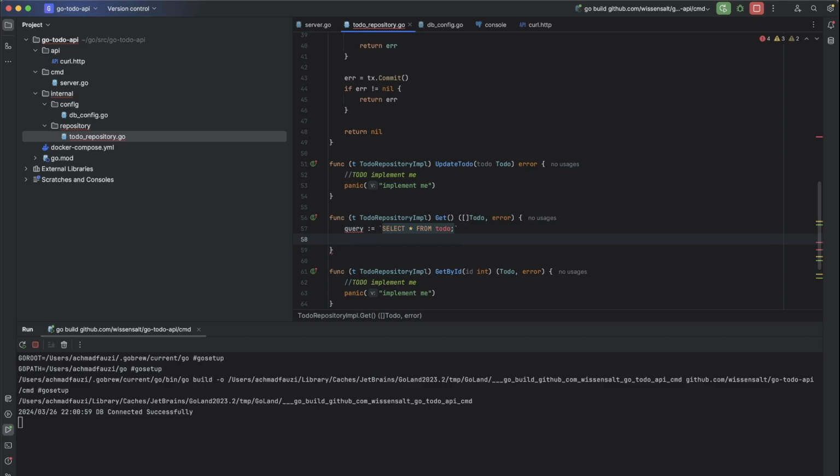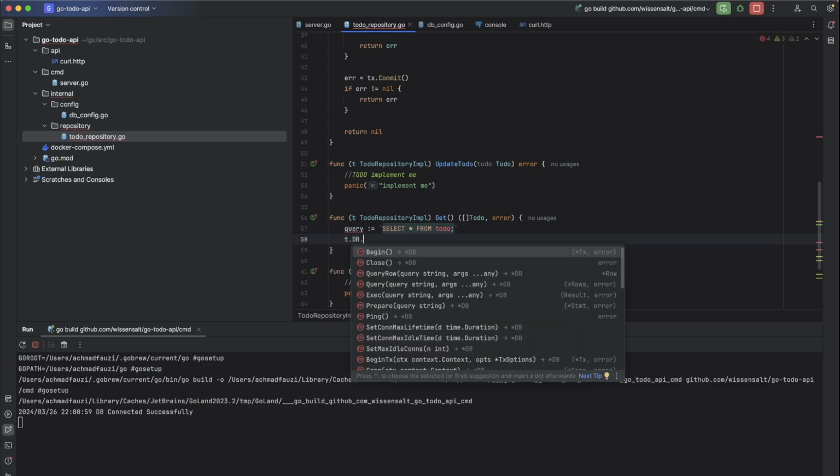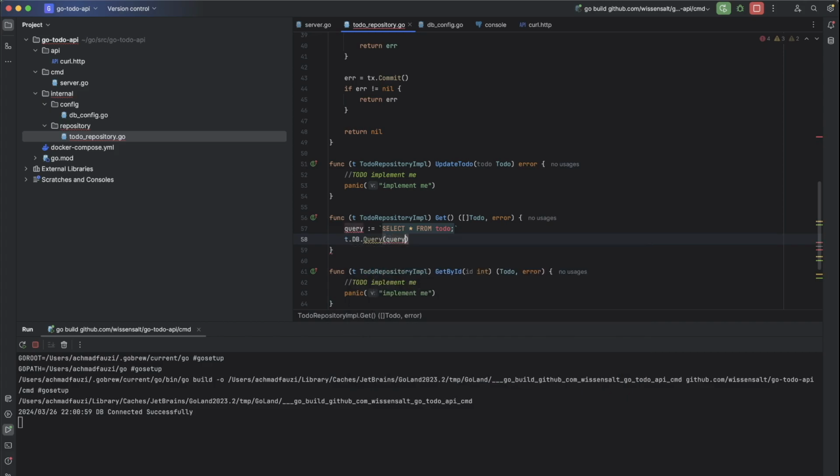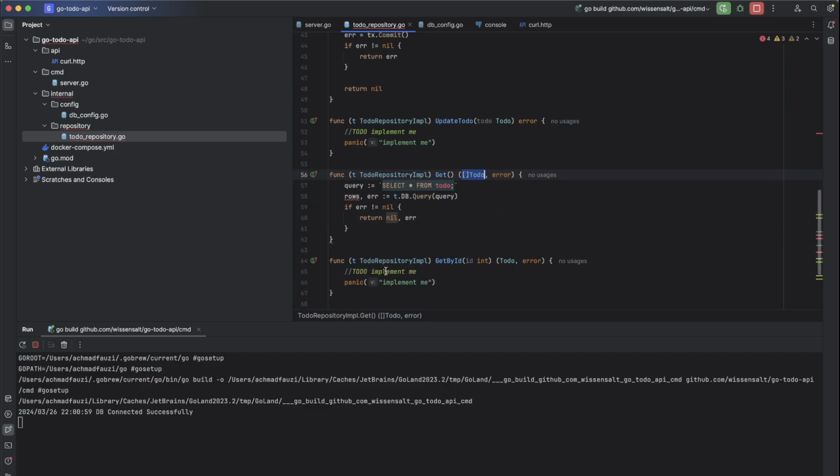Then query to database dot query from the query. It will be returning rows and error. If there is an error, we will just return the error and nil from the list of to do.